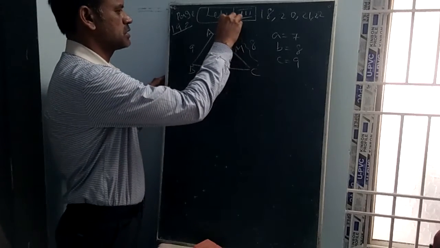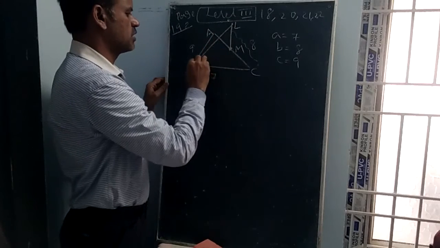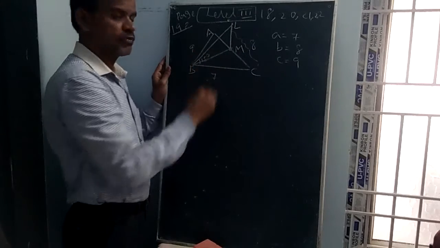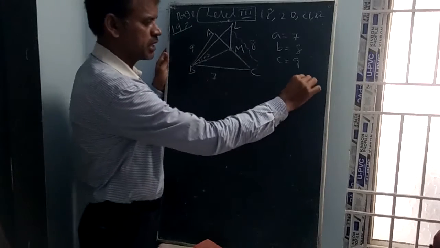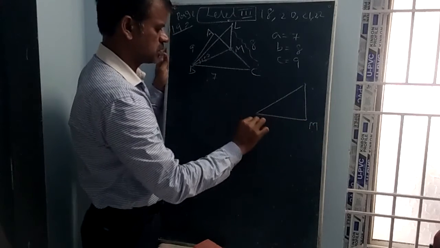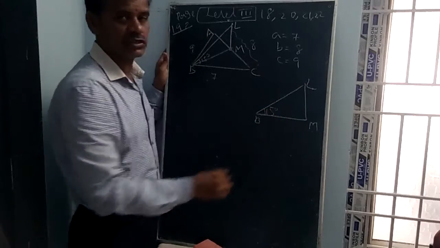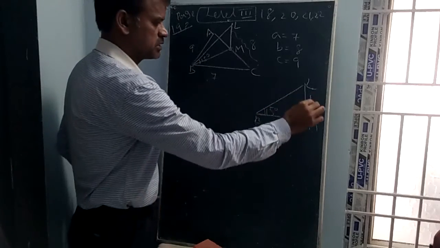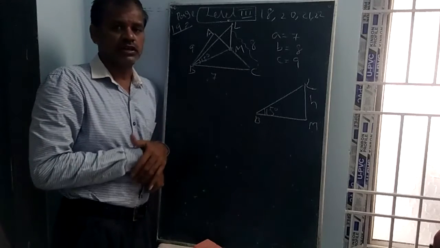Let us draw like this. This is the lamp post L, and this L is subtending an angle of 15 degrees at B. Try to understand another diagram I am drawing here. This is B, this is M, and this is the lamp post L. Here the lamp post is subtending an angle of 15 degrees at B. Now we should calculate the height of the lamp post. Let this be H. BM we don't know. So what is BM? If you can understand, we can easily do the sum.